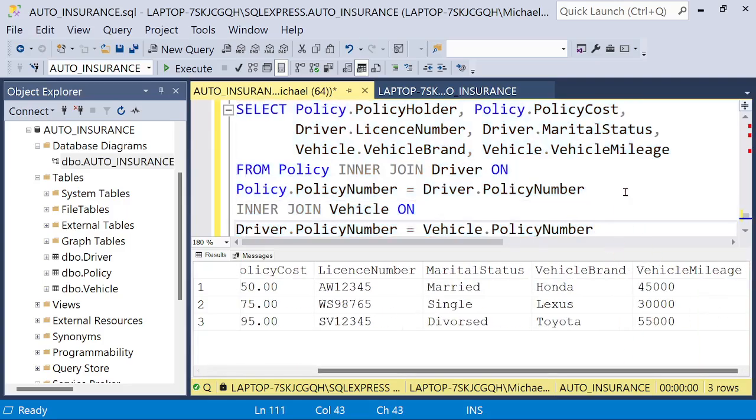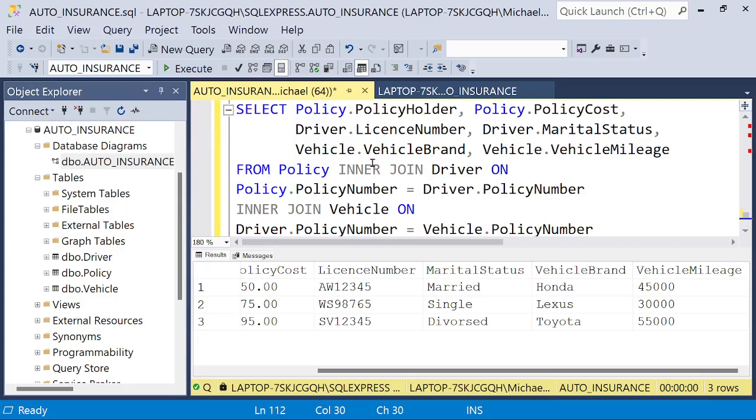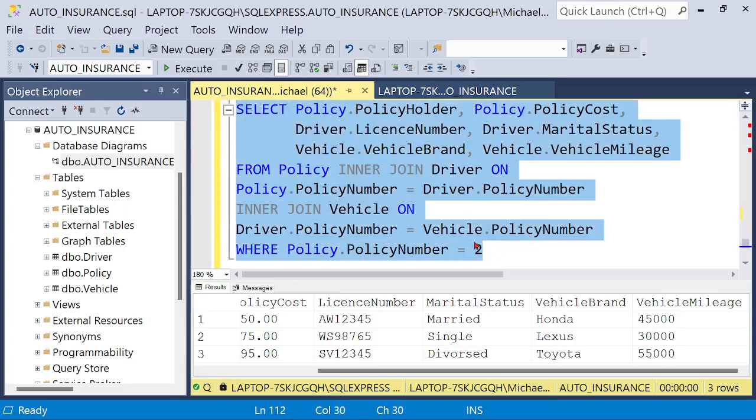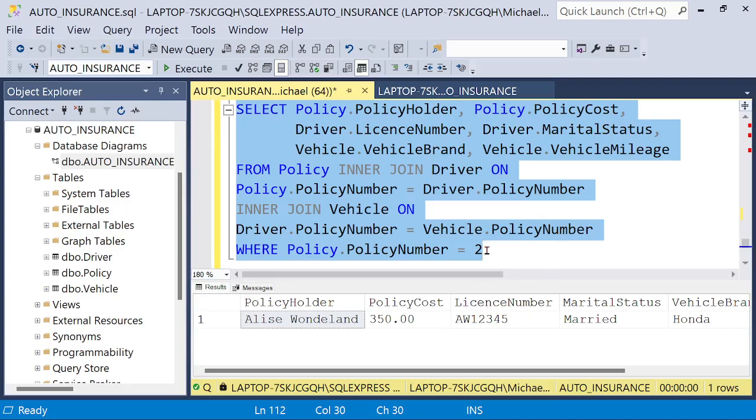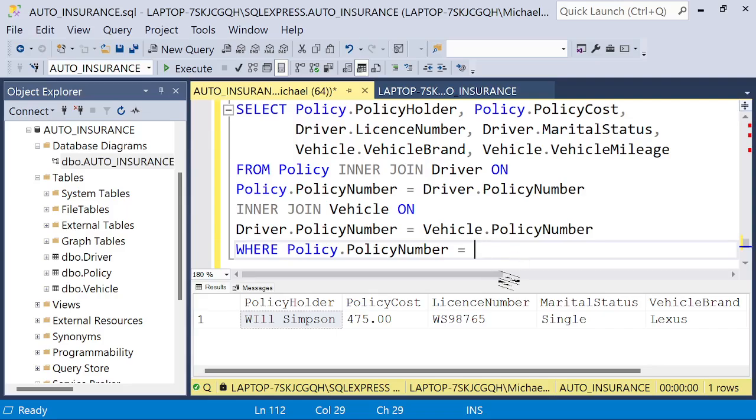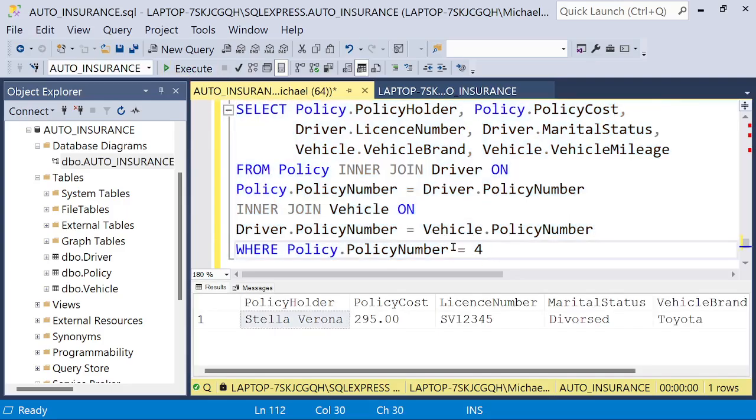Very good. But we can add another condition where policy number, for example, equals to the first record. Highlight it and execute it. That's it. Let's say 3. Highlight it and execute it. Very good. Let's say 4. Highlight it and execute it. You can set any other condition. For example,